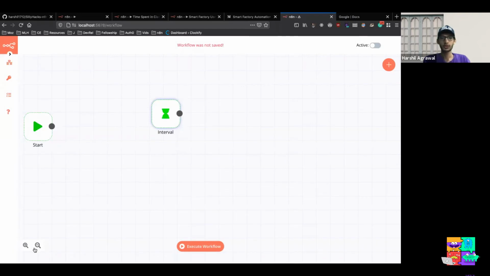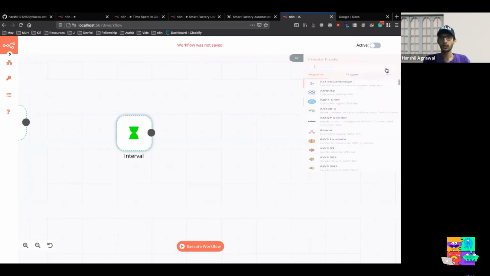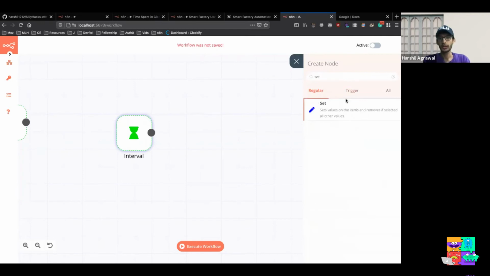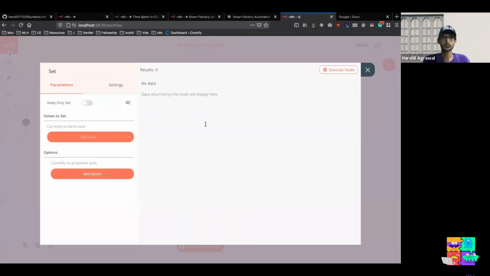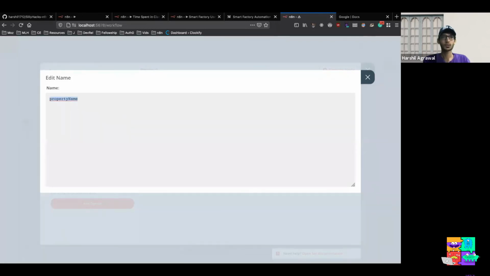The next thing we want to do, let me zoom in for you so that you can have a better visual, is set some information. For that, I'm using the set node. Now there are various things that we want to do. The first thing is we want to pass on the machine ID. So let's do that. So in the name property,